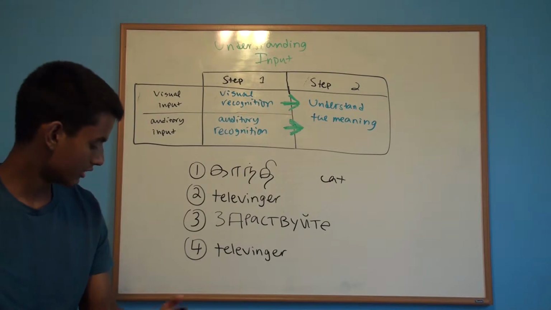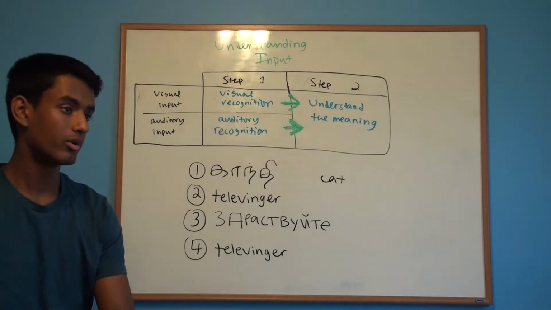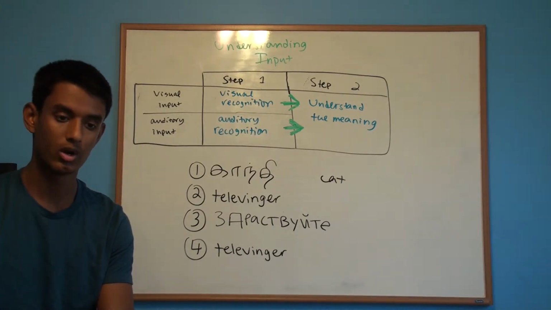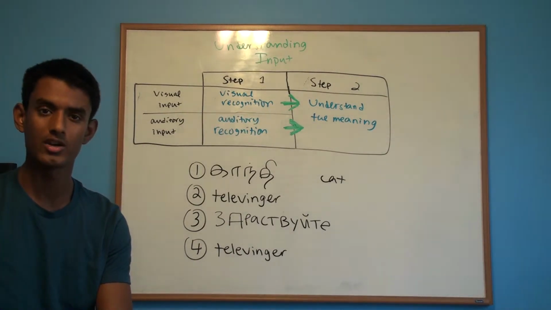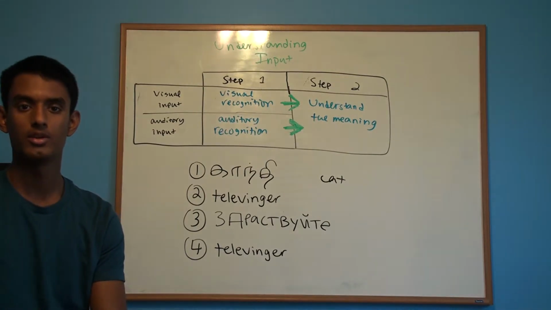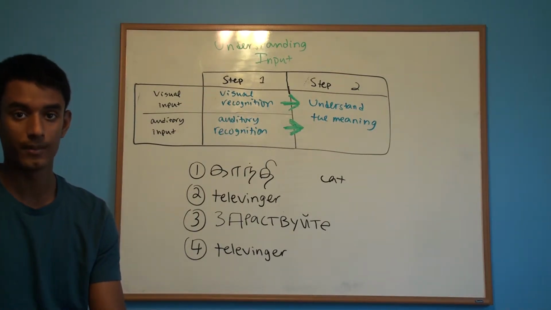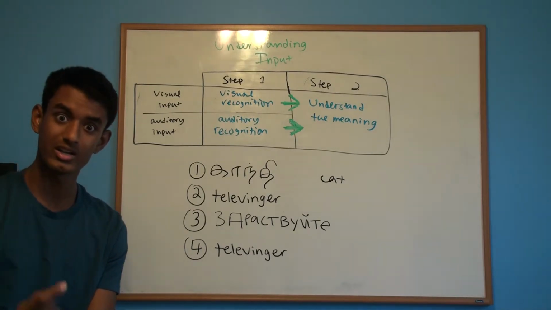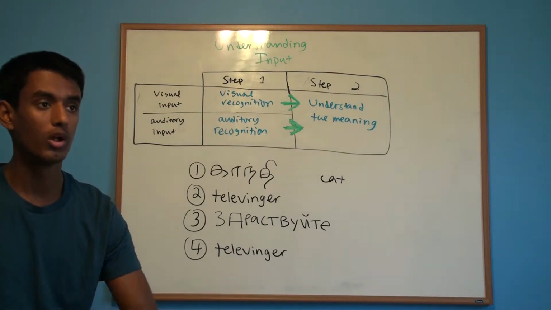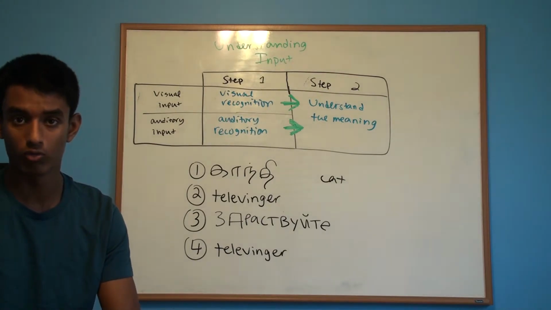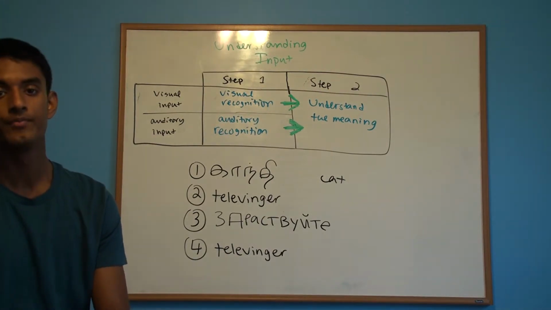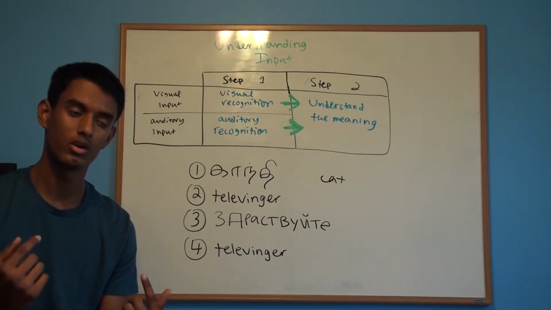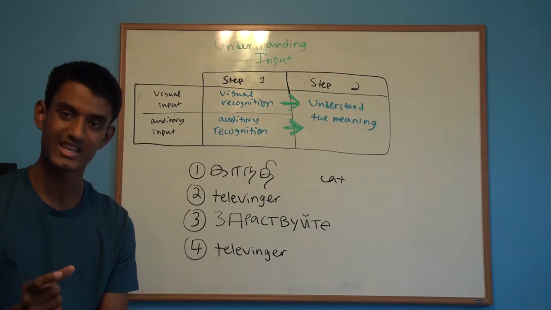So the first step is auditory recognition. Auditory recognition is a bit more difficult to test. Actually, it's not that difficult to test, but it's not as obvious as testing for visual recognition. How do you test if you've recognized what you've heard? Well, I think the best way is to see if you can write or transcribe what you've heard. Therefore, if you're able to write what you've heard, it means you can understand the phonemes, the sounds of what